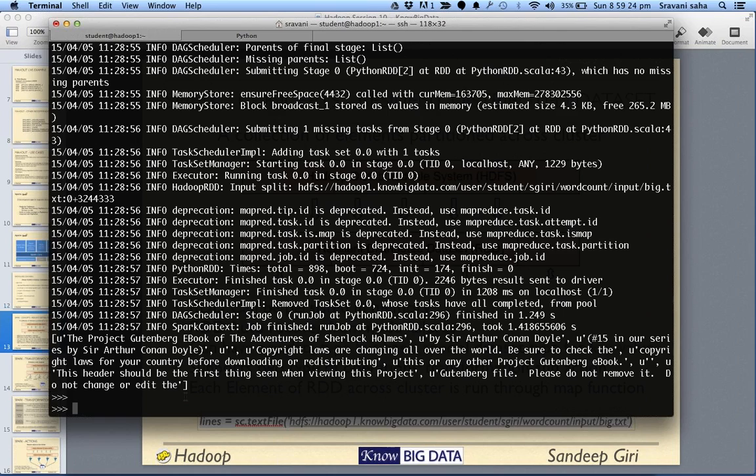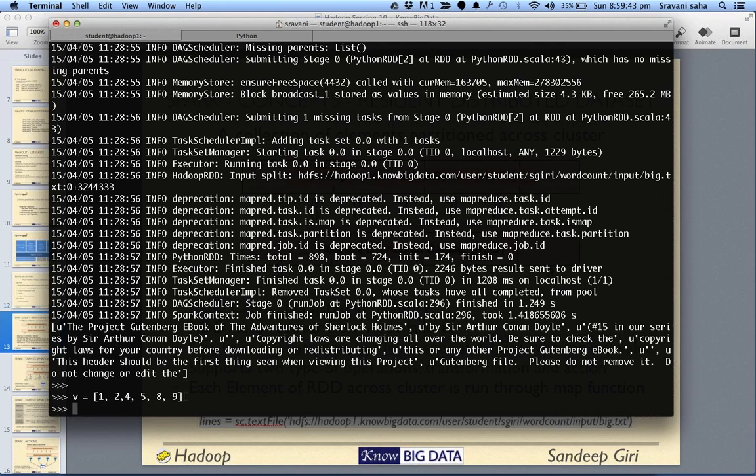We can also load any in-memory variable. Let's say we define our variable as an array of a few numbers, say 4, 8, and 9.